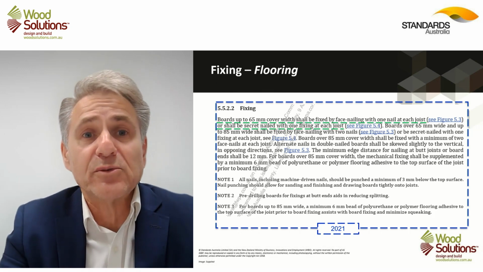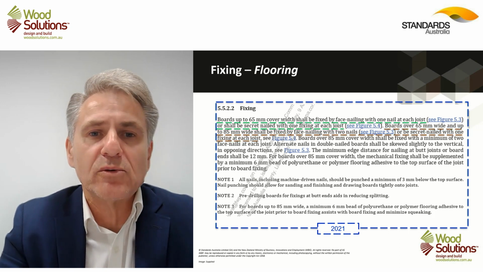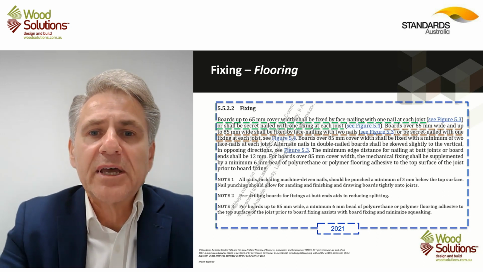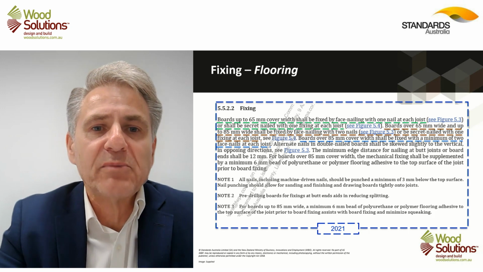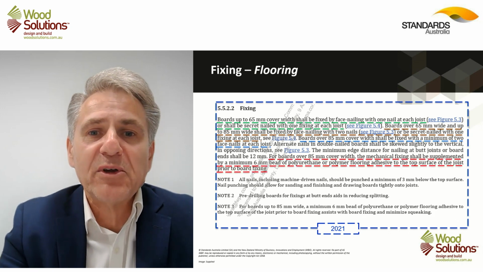You've got options for 65 mil width board cover and the fixings of single nails or through the face or secret nails. Also having then between 65 mils and 85 mil fixing details, boards over 85 mil requirements as well